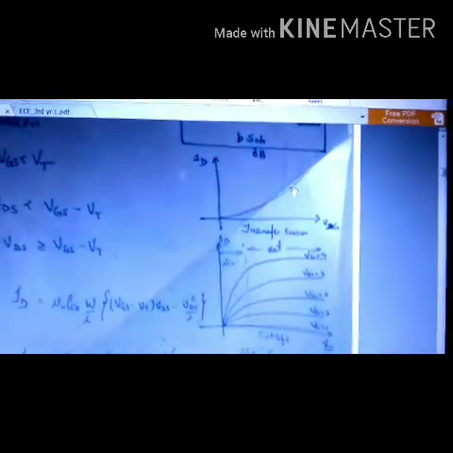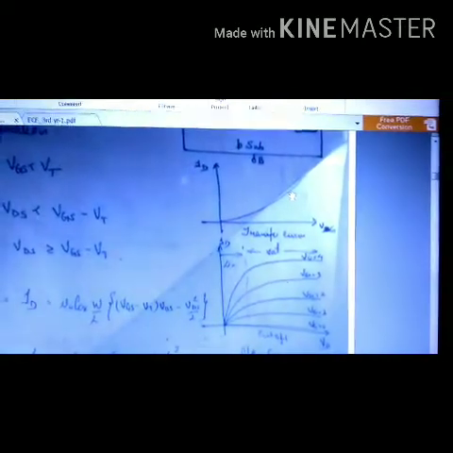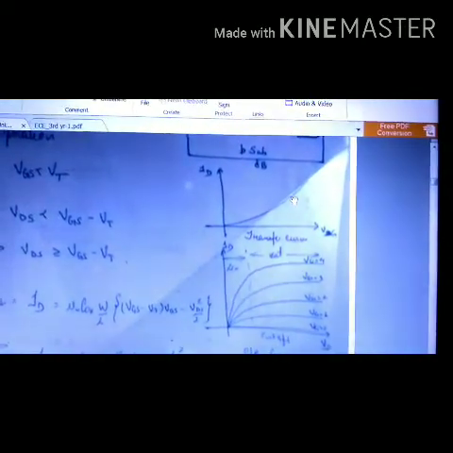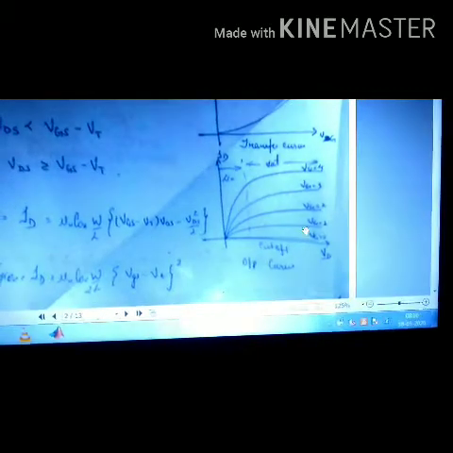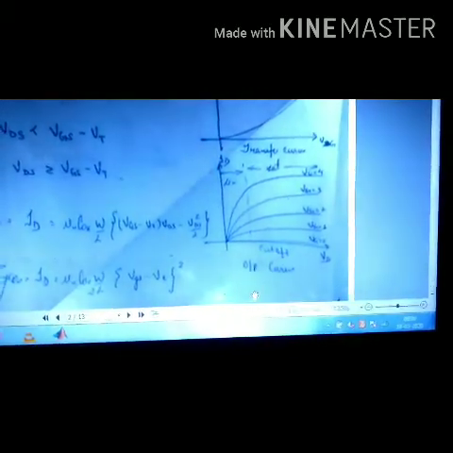So it is a transfer characteristic between the input gate voltage and the output drain current. The other important characteristic is the output curve, which is shown here,